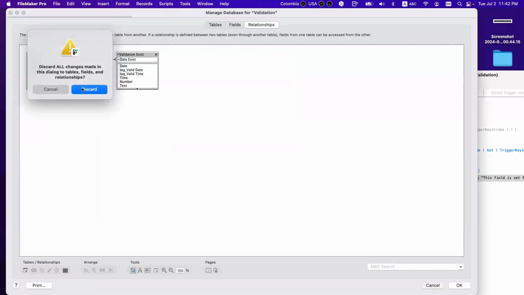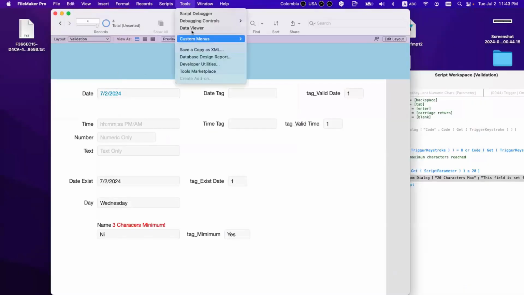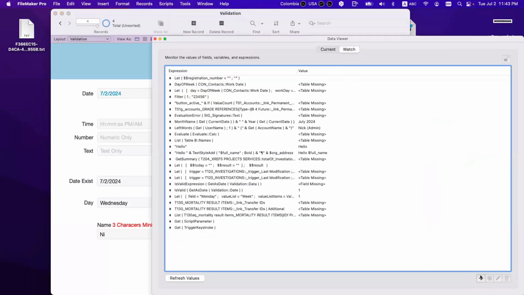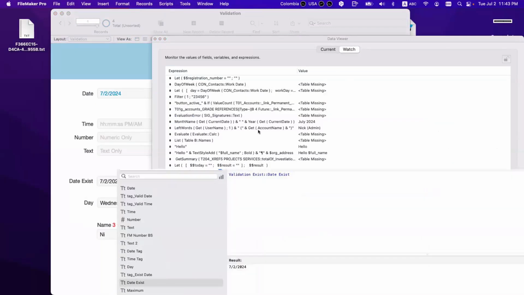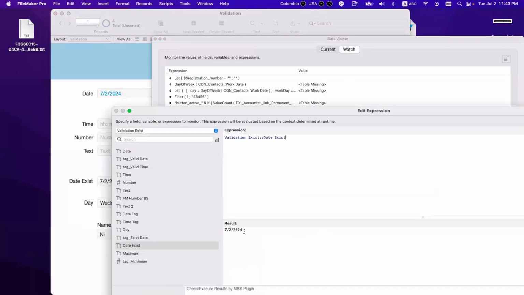For example, if I do this, I go there. Where's that exists? I have it. It finds it on the other side of the relationship. You understand? It finds it.